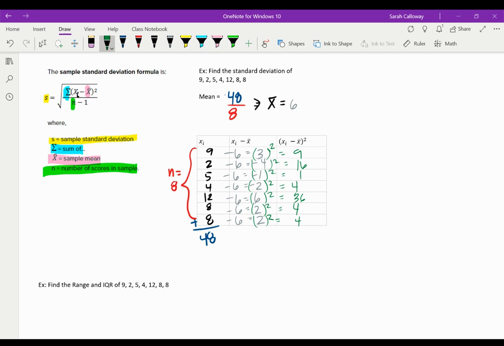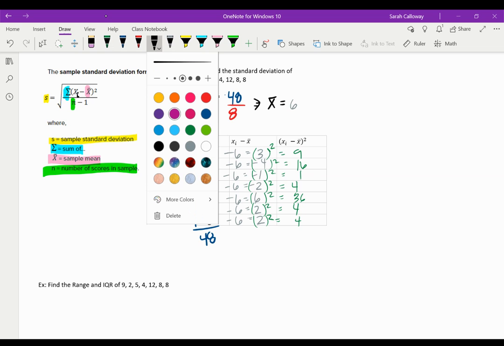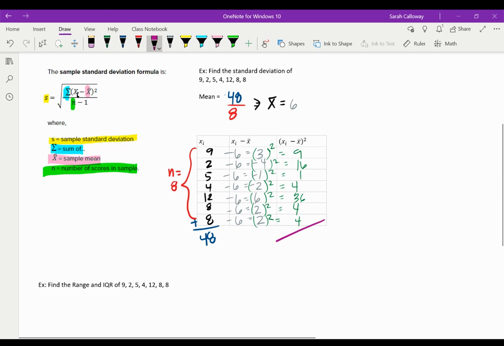Okay. So the next step, what I have to do is find the sum of all of that. So let me change a color here. So if I find the sum here, so if I add these all up, I get 74. Okay, so now using our formula, so S equals the square root of the sum of all the squares, so the sum of this column, which is 74,